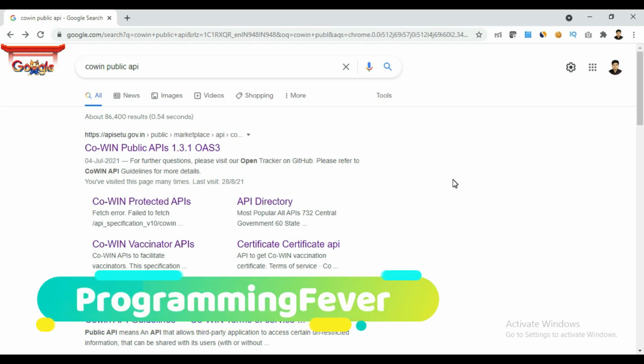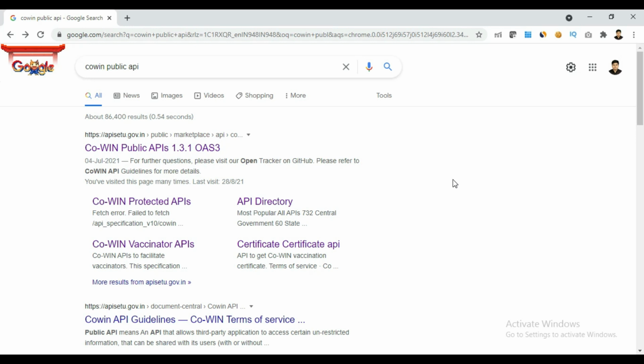So in today's video I will show you how you can use CoWin public API to get the information related to the vaccination slots, and we will use this API to download the certificate from the CoWin with the help of our Python program. So first you need to search CoWin public API, then come down here and open this first link